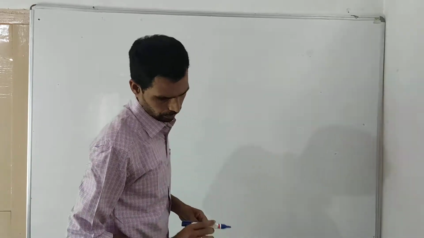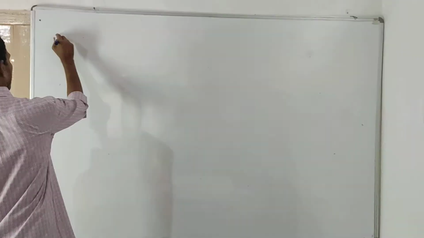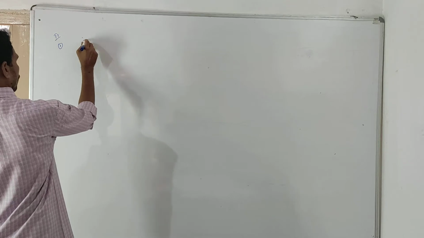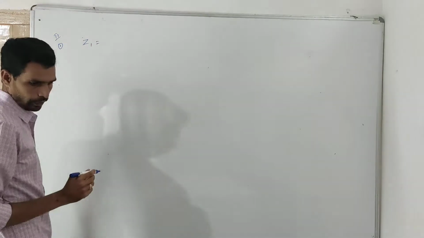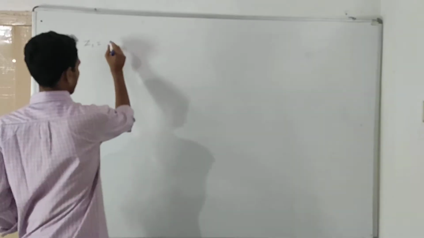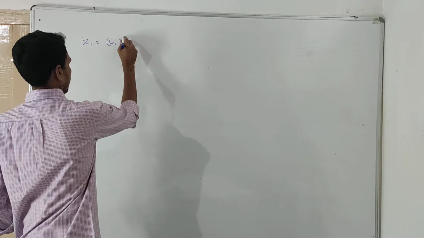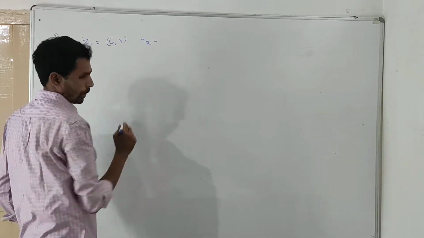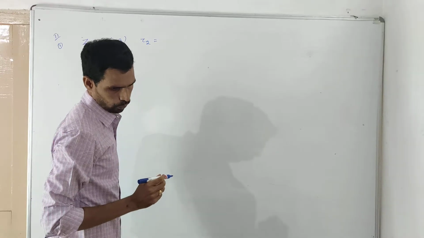If Z1 is equal to 6 comma 3, Z2 is equal to 2 comma minus 1,